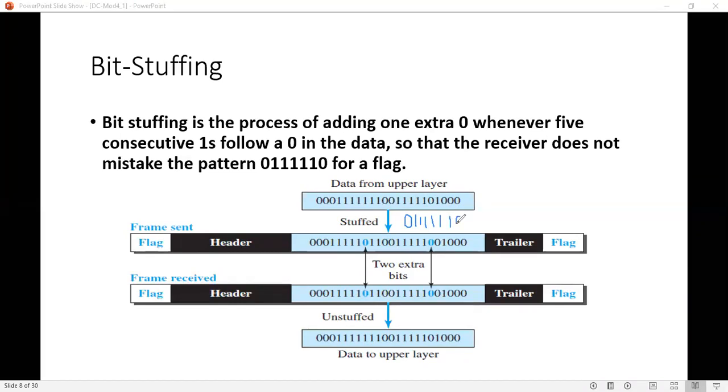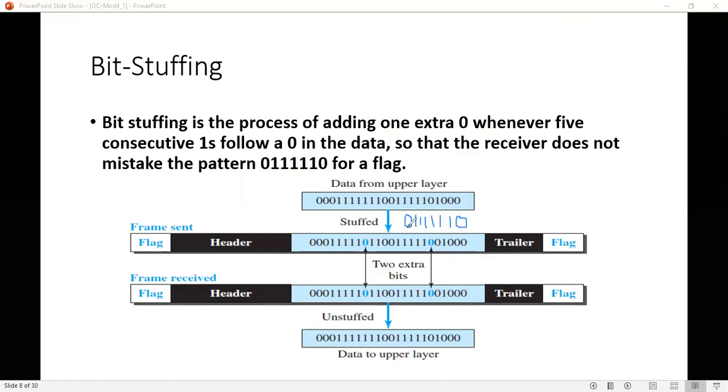This is the sequence inside this data, if I say. Now the flag sequence is the same, right? That is 0 followed by 6 ones and 0. Now inside the frame, when you have this sequence, the receiver should not end the frame, right? For that, you are following this rule, that is bit stuffing,